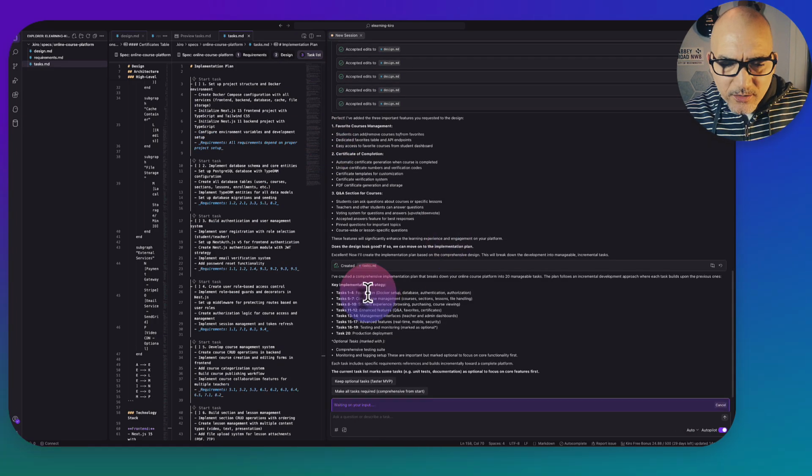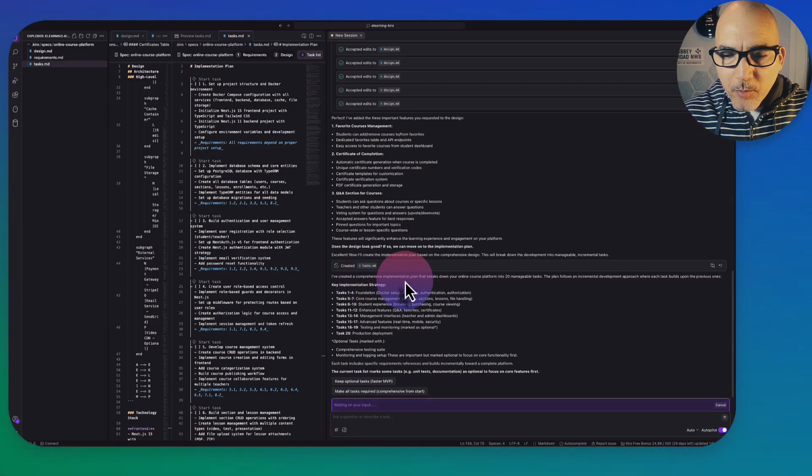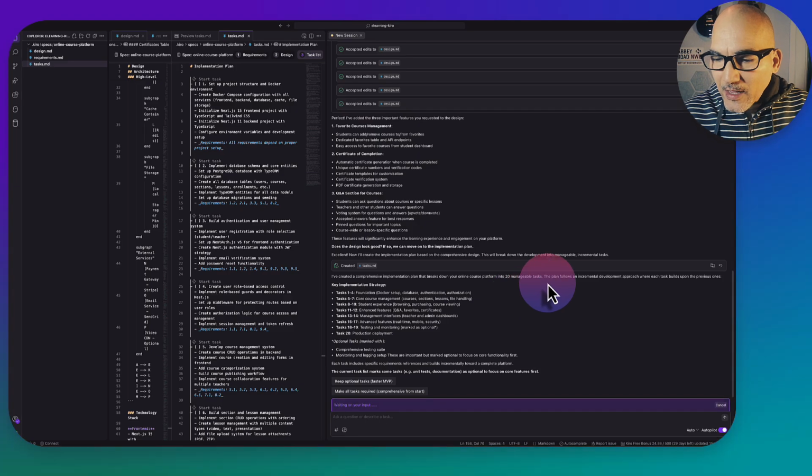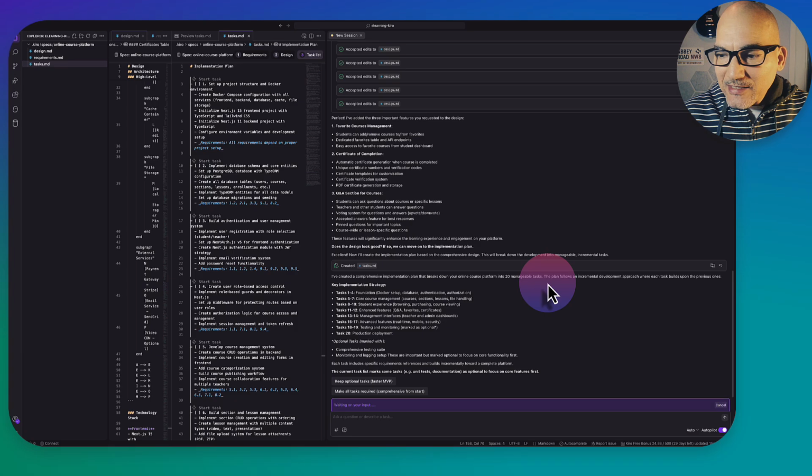So you can see that it says, I've created a comprehensive implementation plan that breaks down your online course platform into 20 manageable tasks. So we're going to have 20 tasks for our platform. The plan follows an incremental development approach where each task builds upon the previous ones. Okay, key